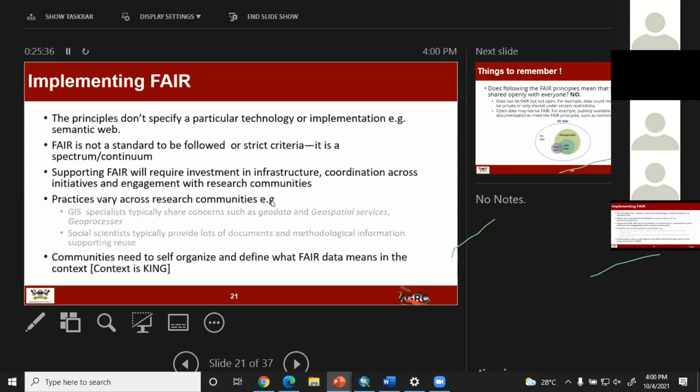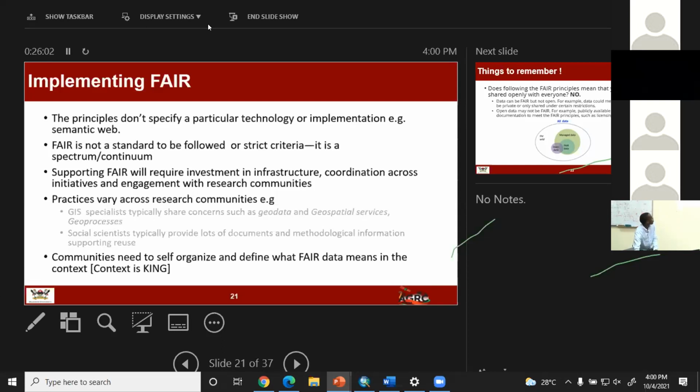So basically we have one thing that we have to think about. For us, we have geodata, we have the geospatial web services, we have the geo processes, for example. These are the concerns that we deal with in the geo domain. These are the concerns that we share. Of course, we shall see the barriers that we face, but these are the concerns that we share, and these are the concerns that we want to make findable,